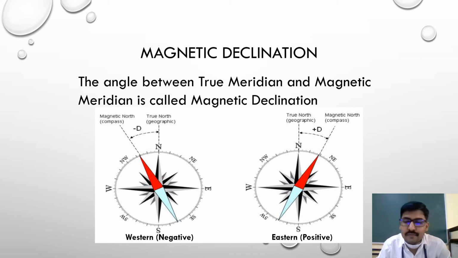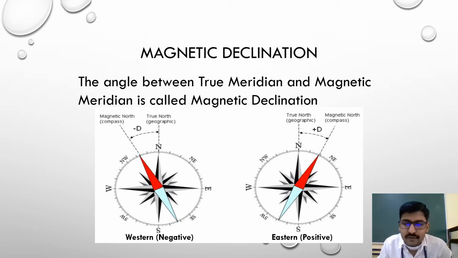So sometimes when you hold the magnetic needle and find the relation between the true meridian and the magnetic meridian, there is a difference, and that angle between the true meridian and the magnetic meridian is called magnetic declination, right? True north is shown perfectly vertical there. Magnetic north is shown with the red colored north symbol or north magnetic needle, you can see. Magnetic north may be on the right side of the true north or it might be on the left side of the true north.